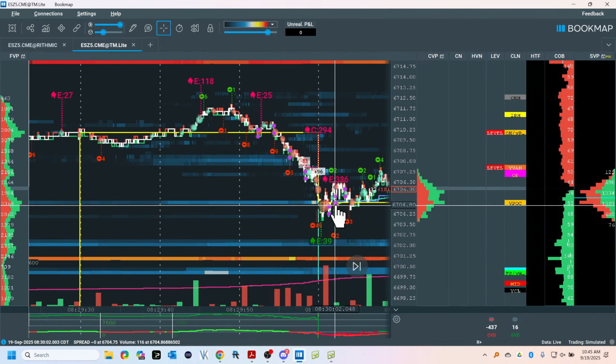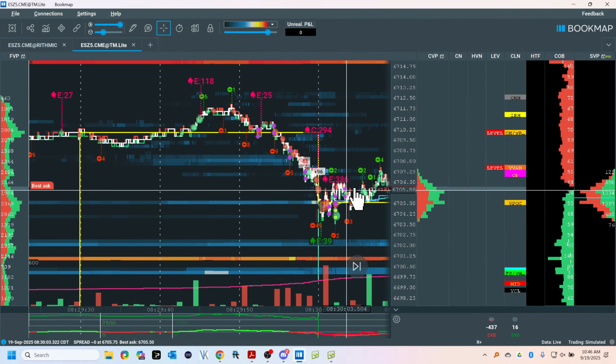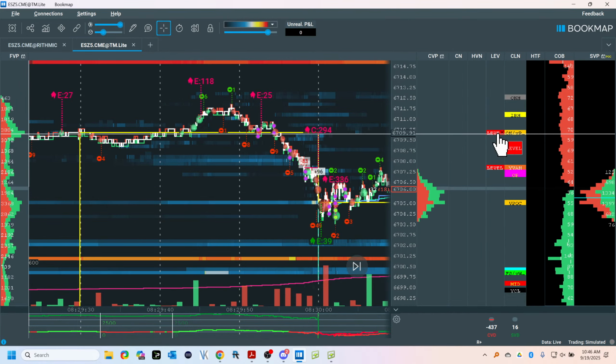The bias for me, and I'm going to give you statistics, is to get long somewhere. So we're opening higher inside of yesterday's range. So the probabilities of taking out the first hour's high or low are 98%. Taking out the ETH high or low, 97%. By the way, yesterday, I don't believe we got either of them. The previous high or low, 82%. Getting to the overnight volume point of control, 81%. Getting to the ETH high, 76%.